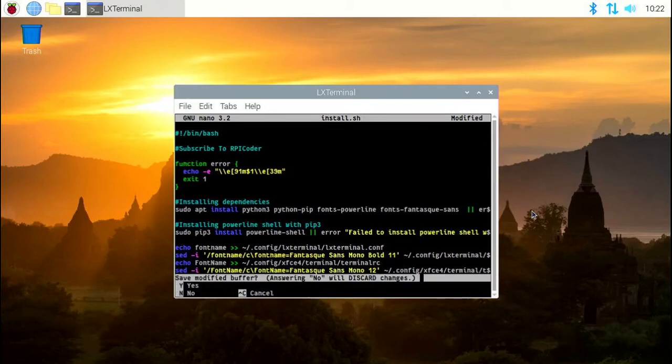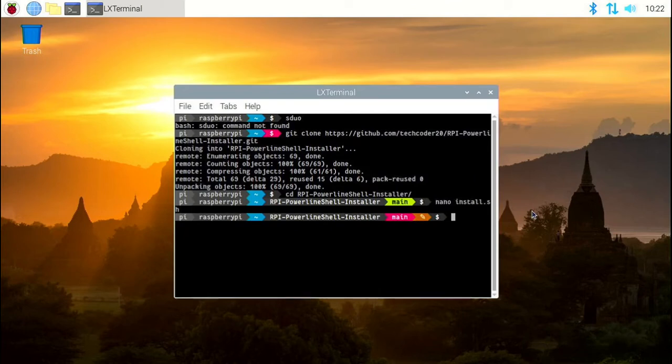Then let me save the file. And now you can see that a new segment appears with a pencil emoji showing that a file has been modified. Now let me create a new file